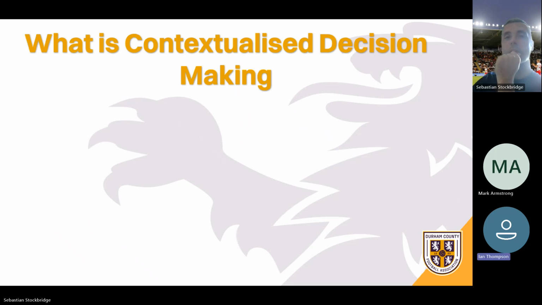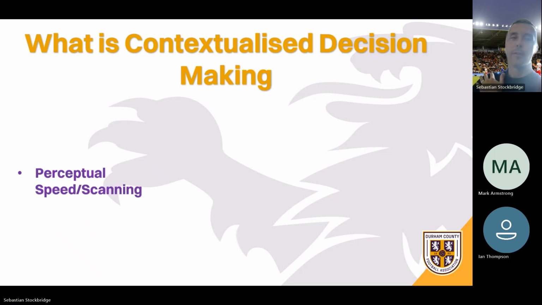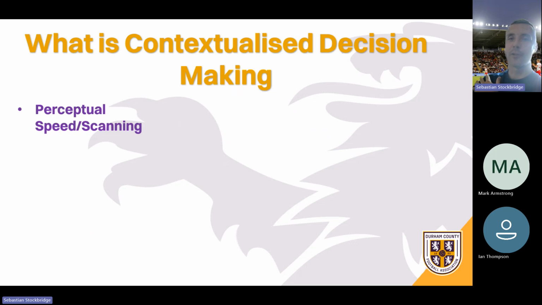Maybe, I've just said... You're on the right lines. You're okay. Definitely on the right lines. I think sending offs we'll talk about in terms of the big things that we can't ignore, but certainly there are things in games of football that we can look at and go, do we need to do that? All right. So there's some different aspects to contextualized decision making.